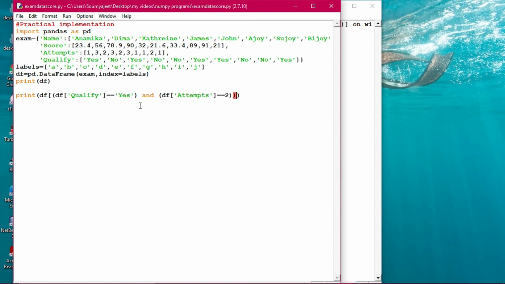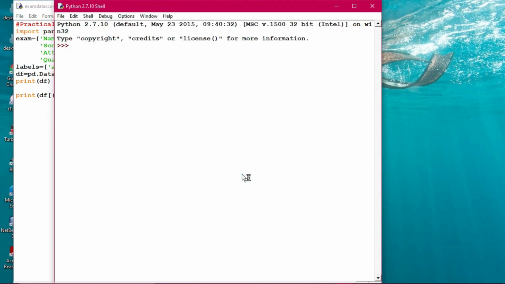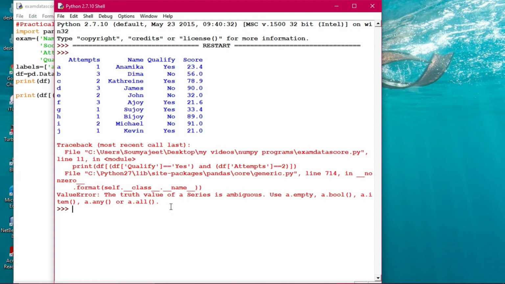So I think this bracket will be there. No, this bracket will be there. So now the thing is that this kind of manipulation, the multiple condition has not been taken.